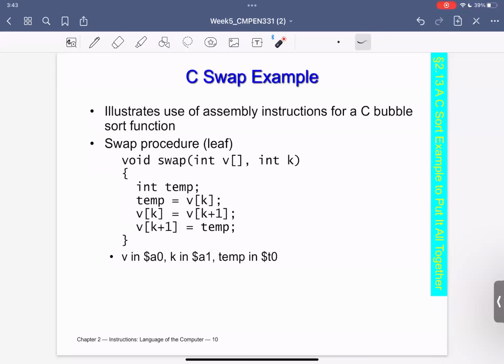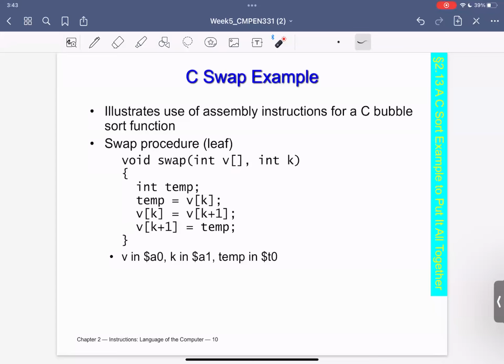Let's take this example. It's written in a high-level language, and it's basically a swap example. This function is written here in C, swap. I have an integer array V and then an integer K. What I would like is to swap a particular location inside my array.